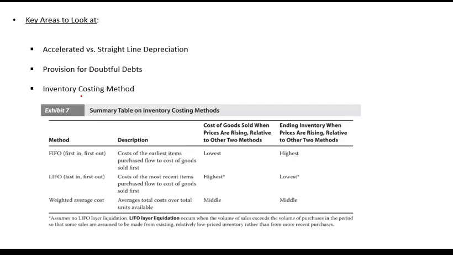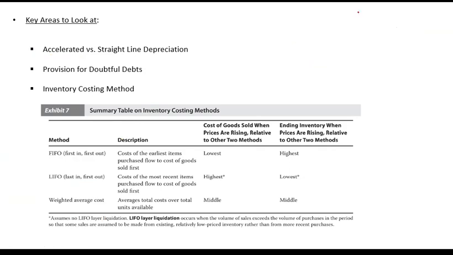Within expense recognition, there are some key things to look at. You should look at all the expenses, but a key thing is the depreciation method. If a company is using accelerated depreciation, what is accelerated depreciation? It is the double declining method, basically. Accelerated depreciation is the depreciation in which you charge depreciation based on the net book value, that is, based on the remaining value of the asset.